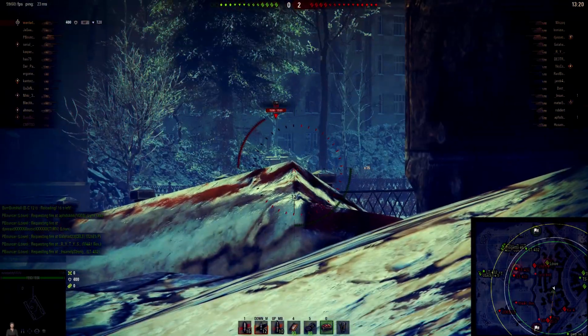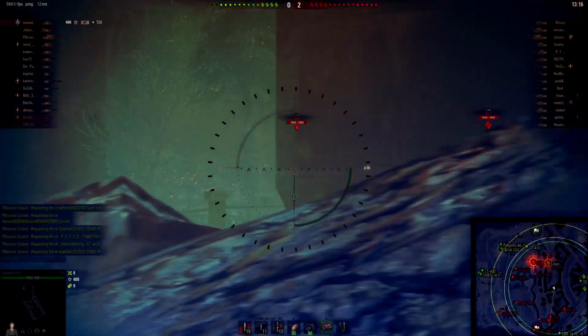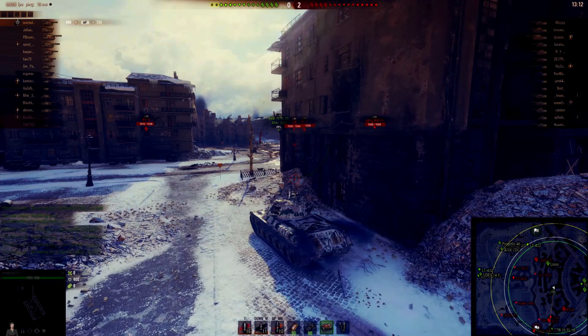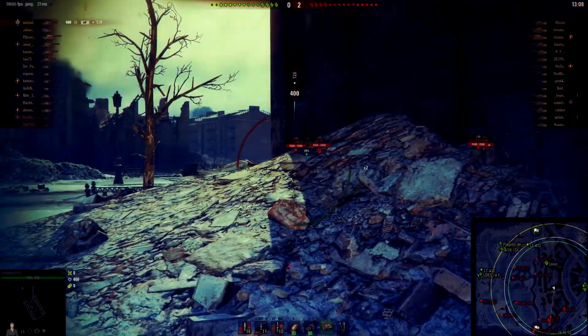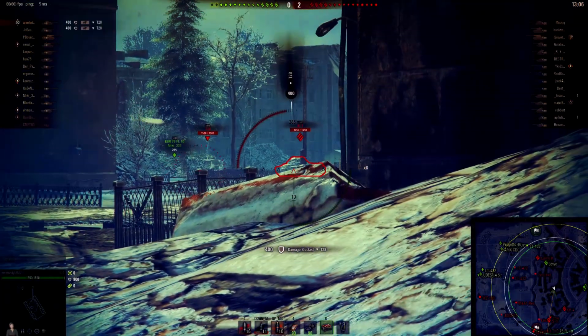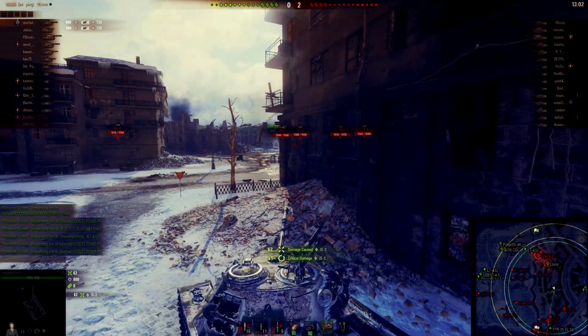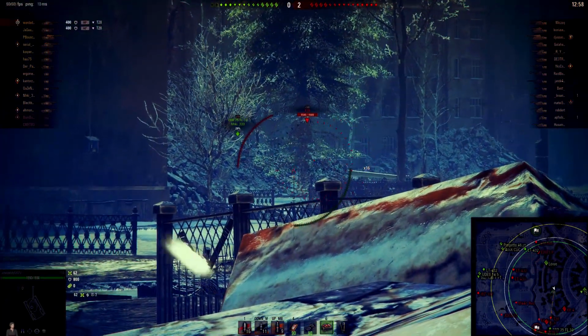This is a good location on Kharkov to go hull down. Here you can fight for a long time with tanks with good armored turrets. This is one of the tanks that is a grinding mechanism. The 110 leads to the